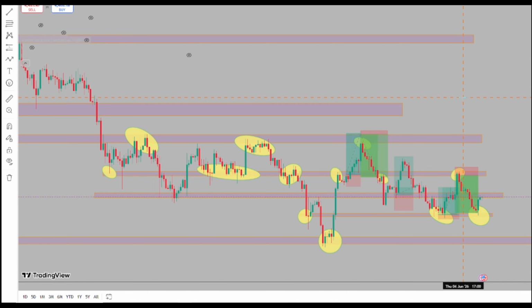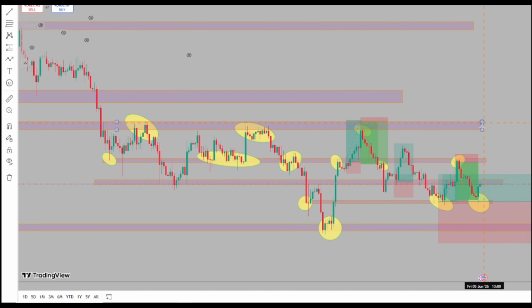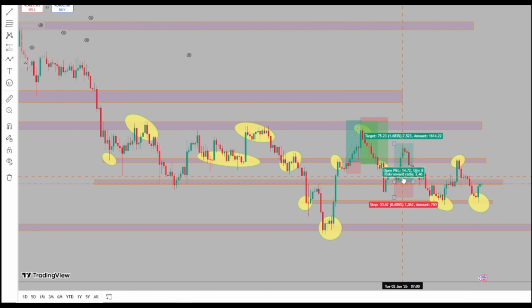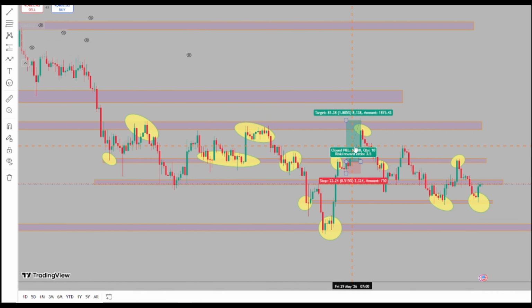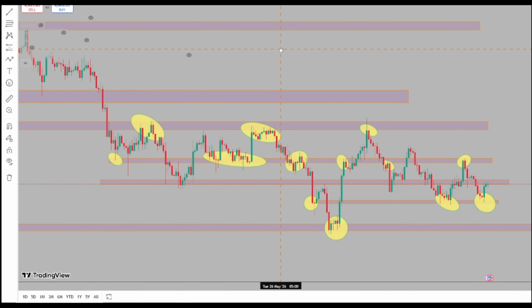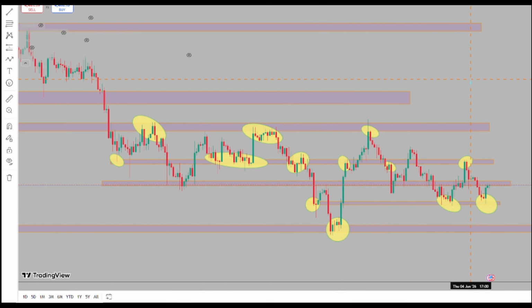Matter of fact, it's called market structure and price action, right? And you don't need any indicators. You don't need any sort of RSIs or moving averages. You don't need anything. All you need is to be able to see the charts and see where reactions are placed. In my opinion, from my trading journey, what I've learned is that market structure and price action is based